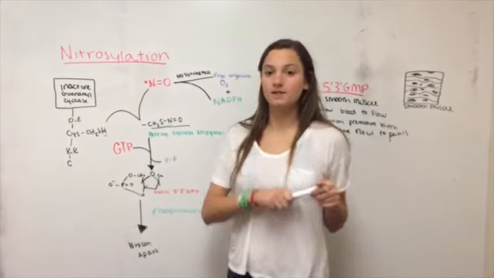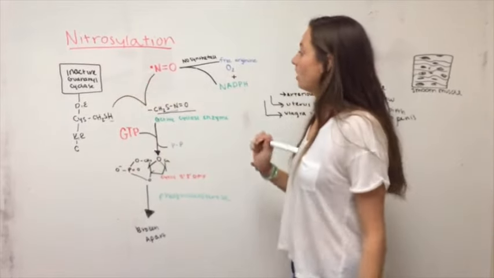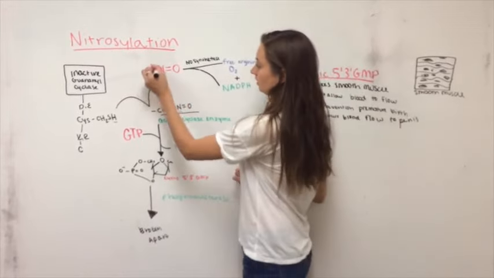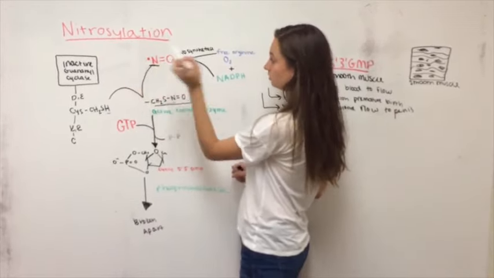Nitrogen is important in medicine due to the process of nitrosylation that occurs in your blood vessels. In your blood, nitrous oxide, which you can see contains a free radical, meaning there's only one electron on the nitrogen,